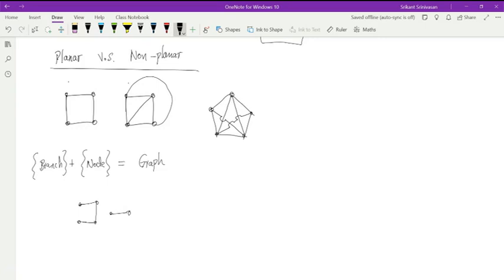So this is a disconnected graph because you're having two different graphs, right? They're not connected to each other. Similarly, every graph, connected graph,